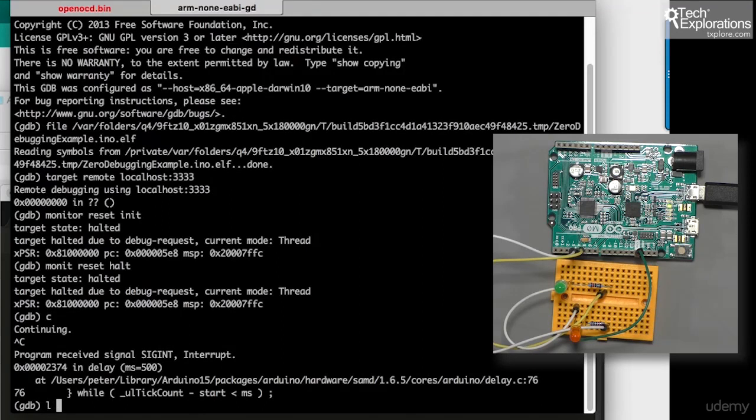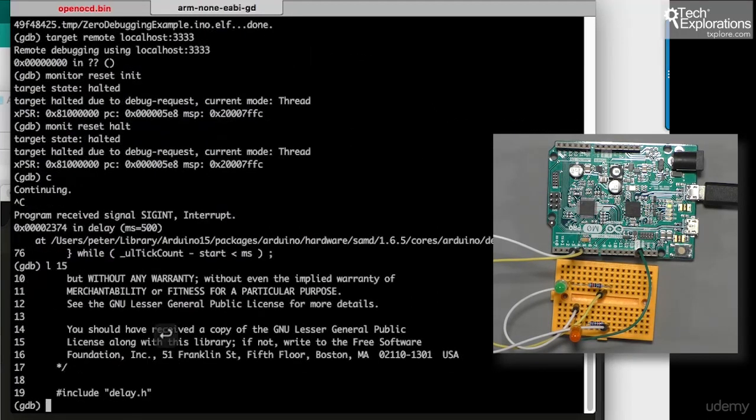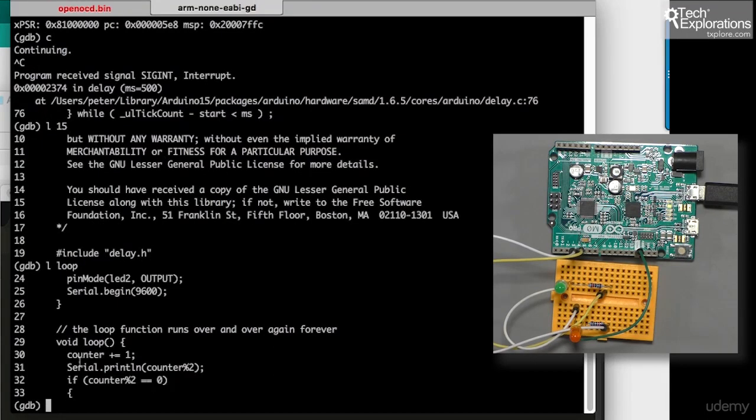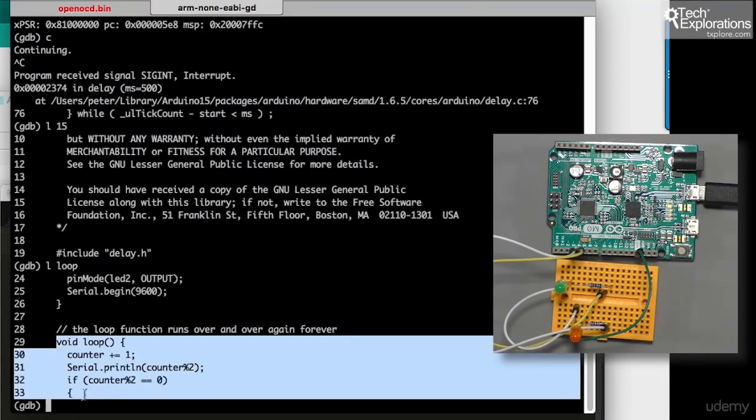So I can use the L command. Think of it as list, so the L command, and type in something like a number, and that will take me to the part of the compiled code that I have indicated with the number that represents the line. So I asked for line 15. GDB gave me line 15. If I want to be a bit more specific, I can say to GDB that I would like to have a look at my loop function. So just name the function, and GDB will show me the code, or at least a part of the code